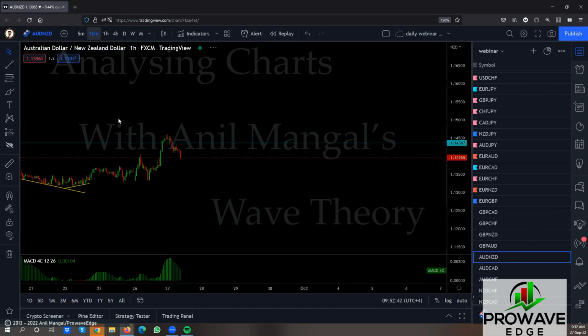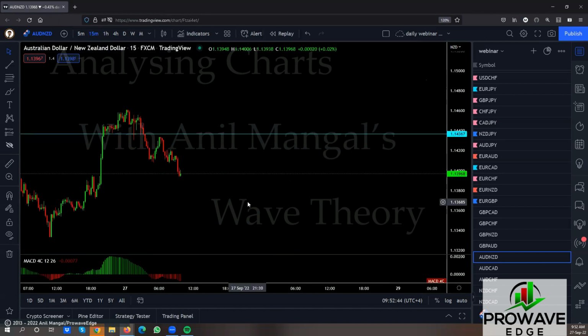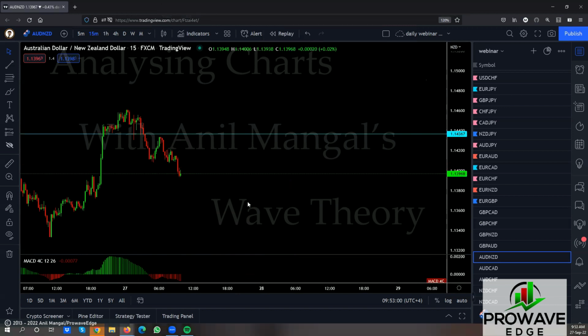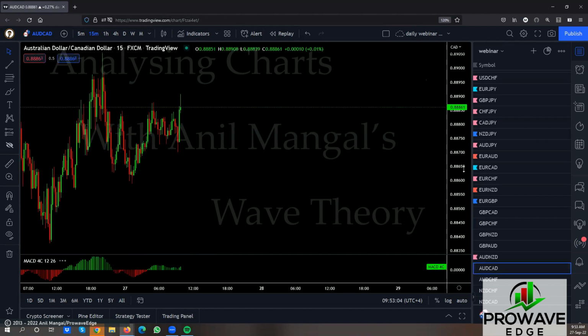Let's see in the 15. Well, you will get a sell setup if this pulls back. If this pulls back like this, you have a sell setup. Put an entry, put a stop, go for that trade. All right, we broke the top, we're reversing. That's a good one. I like it. Go for the trade. Let's see if we get that one back. So we're looking for a sell setup here. Aussie CAD.